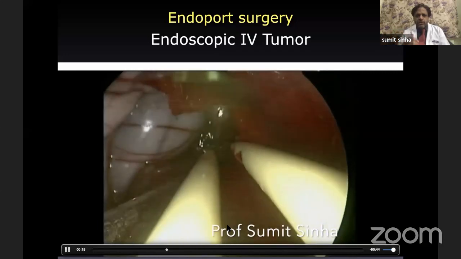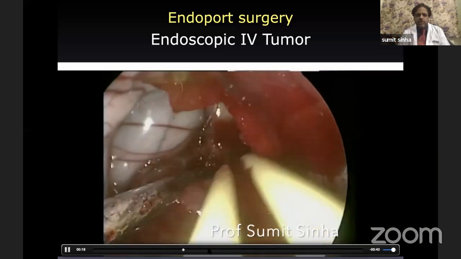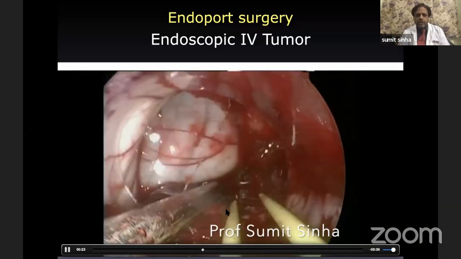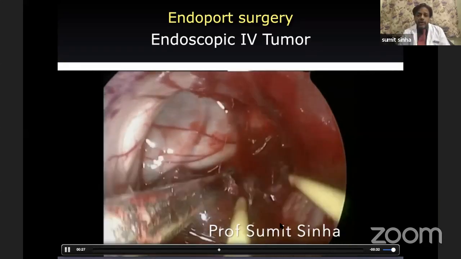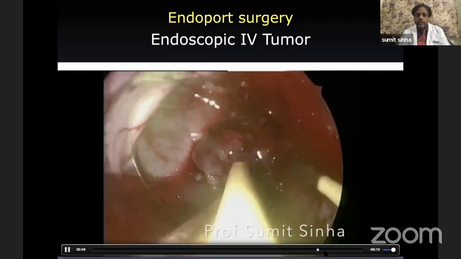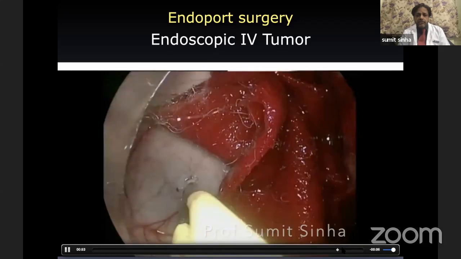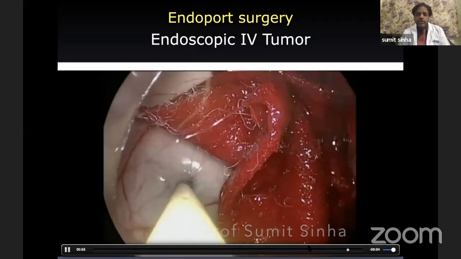My assistant was holding the scope, and the instruments, as you see, are the normal routine general neurosurgical instruments, which were dissecting and decompressing the tumor, and the tumor was removed piecemeal, and at the end of the surgery, the septostomy was done in order to establish communication with the